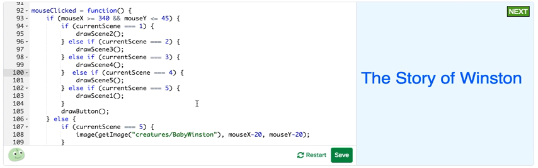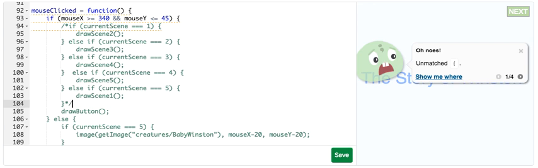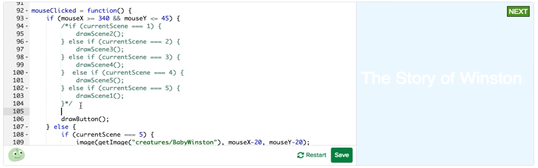In the previous videos, we've been using if statements right here to call the different scenes for our storybook. In this video, we'll learn about a new technique and use the switch statement. And for that, I'm going to have to comment out these old if statements just so I can have no